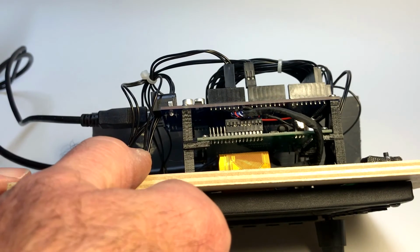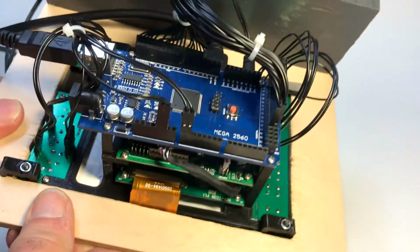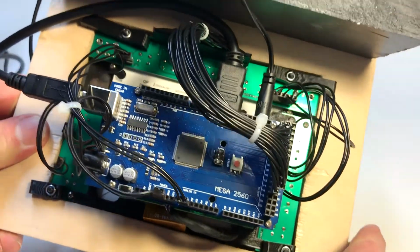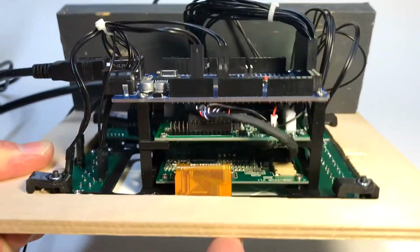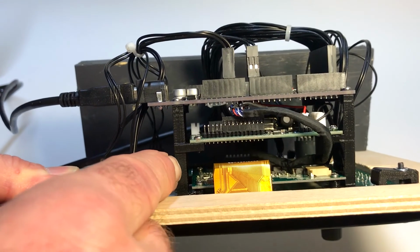You can see there's a printed rack that holds the boards. On the bottom 2 boards, first there's 3 integrated circuit boards that you get with the kit that go around the side to solder in all the connections and buttons so you don't have a lot of wires to connect. And then the rack on the back, that's printed,